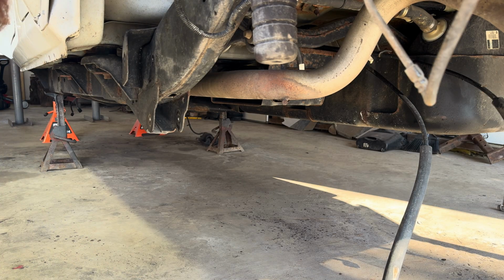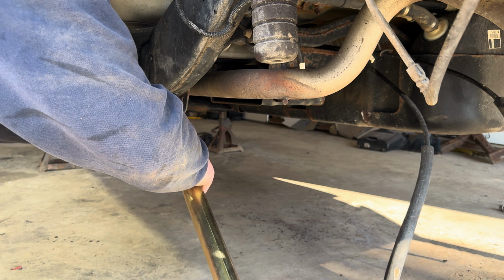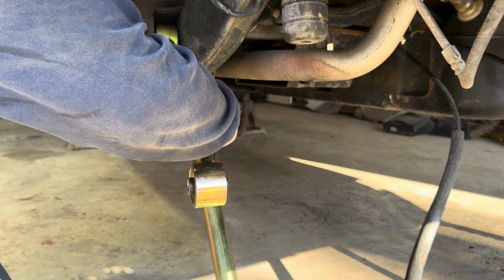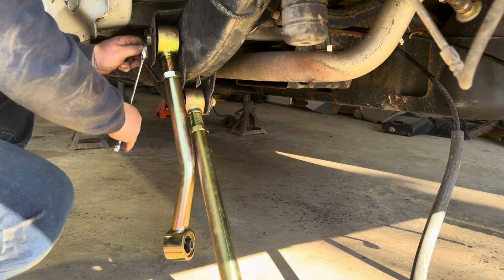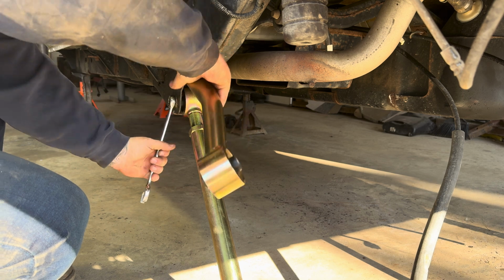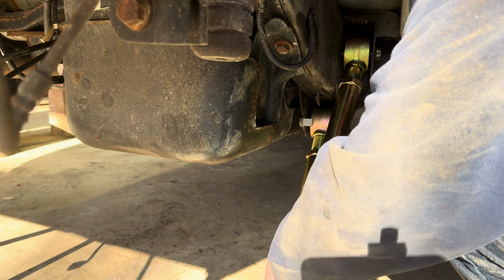Okay, so we shall start with the lower one. Factory hardware. I'm gonna go grab a wrench and just snug these up just a little bit. Okay, it's good enough for now. Okay, now I'll move to the other side. Okay. Alright, with those control arms in, I think we should be ready to get the axle underneath the Jeep